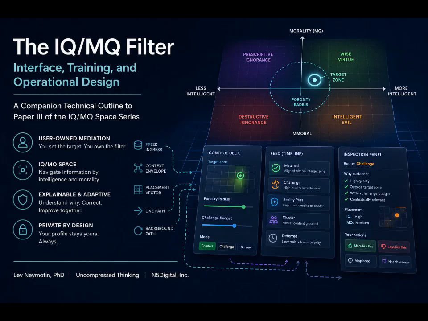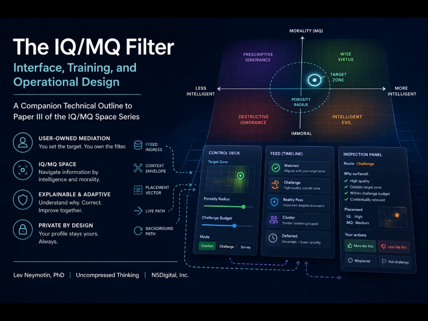A nutritional label for content. I like that. But once the system has that label, the operational challenge kind of shifts to the human being looking at the screen, right? It does. How does the user actually govern this engine without needing a degree in machine learning? Because looking at the mock-up of the control deck, the design relies heavily on spatial controls.